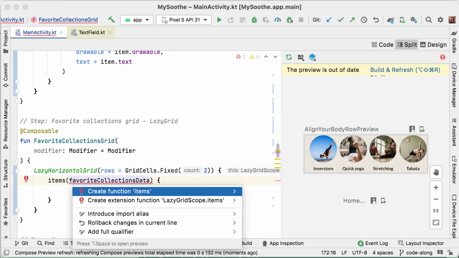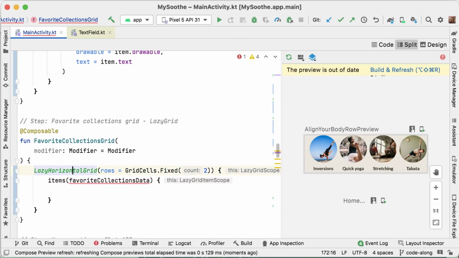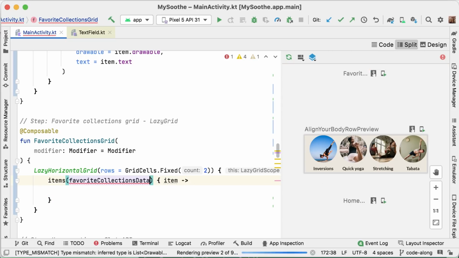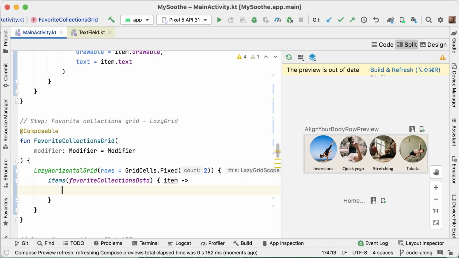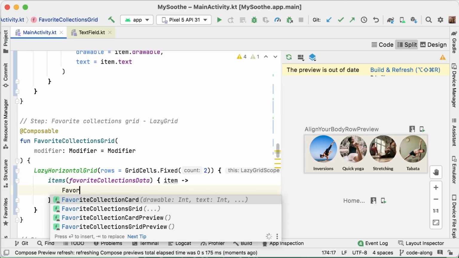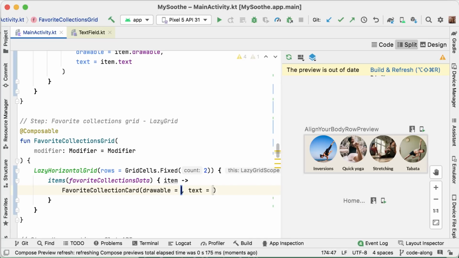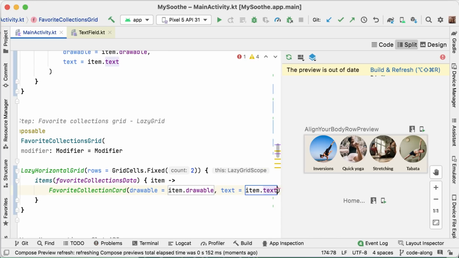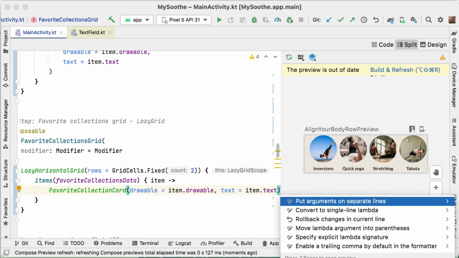And that will pass us an item. And we will have to import this items method. And then inside we can call our favorite collection card. And we can pass the item drawable. We can pass the item text. There we go.